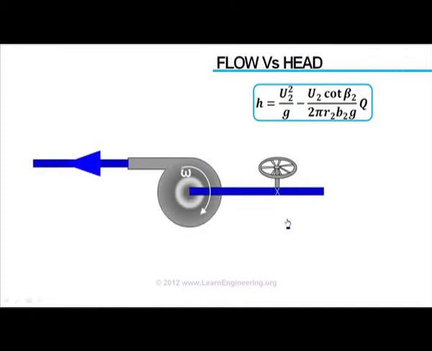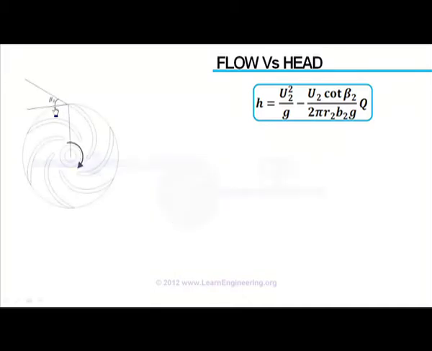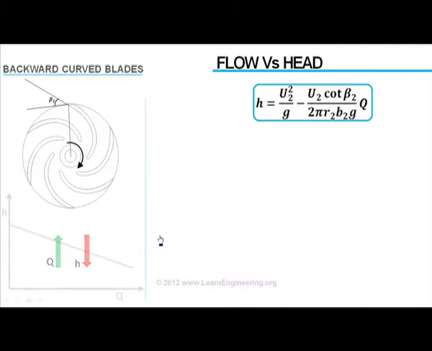Most important parameter in this equation is blade outlet angle, beta. There can be three different pump characteristics depending upon value of this angle. First case, if beta is less than 90 degree. Since this term is positive in this case, pressure head decreases with increase in flow. These kinds of impellers are called backward curved.